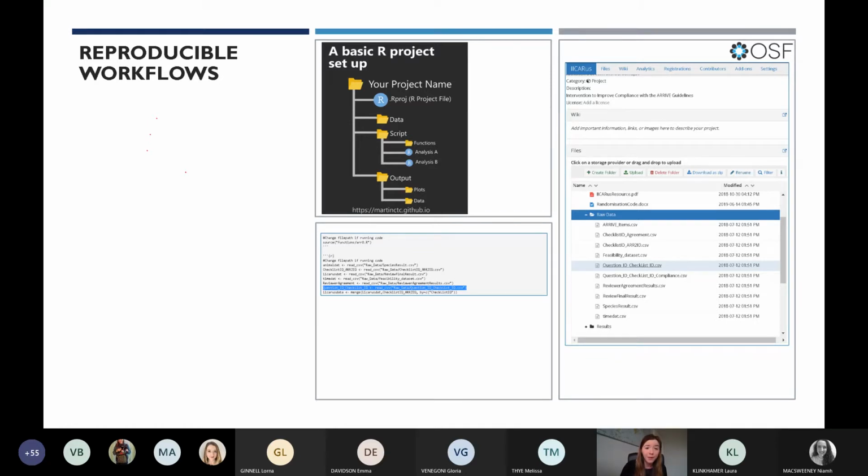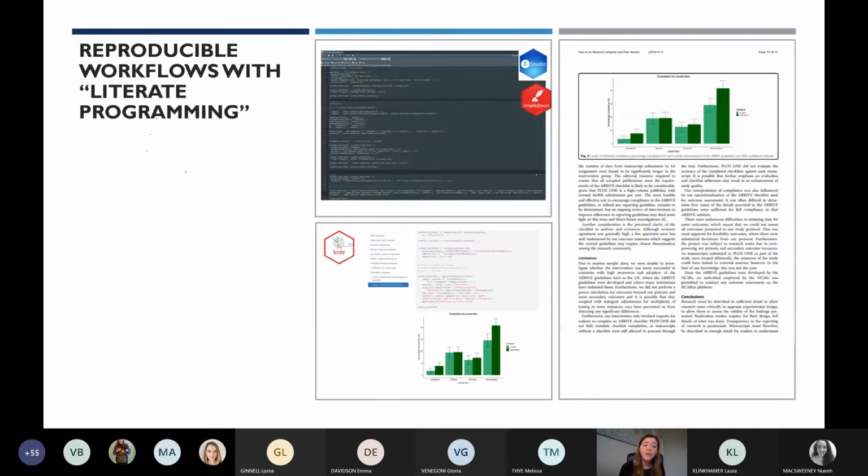If you want to go a step further, you can use what we call literate programming. This is a methodology that combines a programming language with a documentation language. So when I wrote my R script for analysis in this project, I wrote it in R Markdown format. I think some people think this is really different from R, but it's written in pretty much the same way. It's not a big difference. And when I was doing this, I didn't have that much experience with R, so I don't think this is something you can't do if you're quite new to R. So you can see this is my script here.